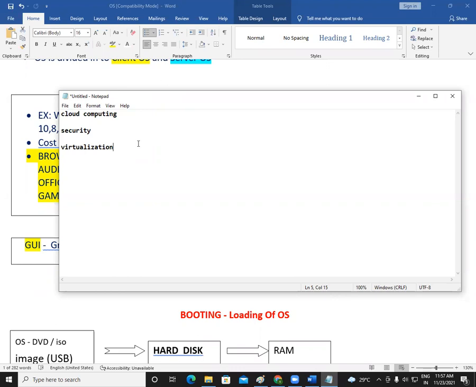I can say you should do these two courses. But after completing MCSE and CCNA, what to do? It is up to your interest. In MCSE and CCNA, you will get the knowledge of security, cloud, and virtualization. You will get the introduction to all three technologies. Once you get the introduction, it will be easy for you to select a technology for yourself. But I can say one thing: better choose cloud computing or security. These are the two options available.